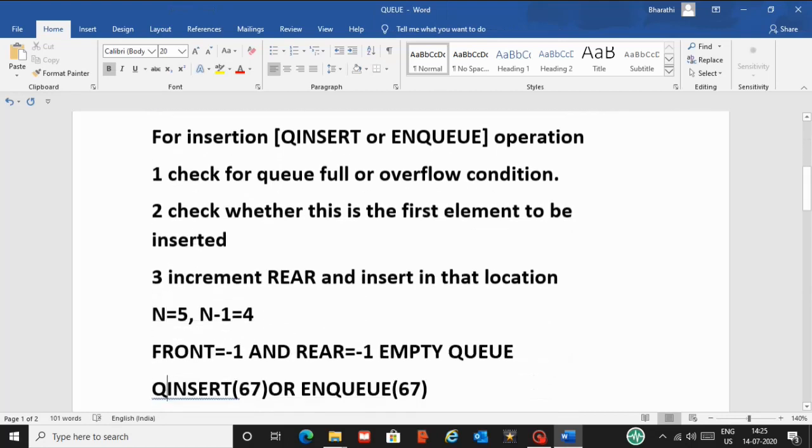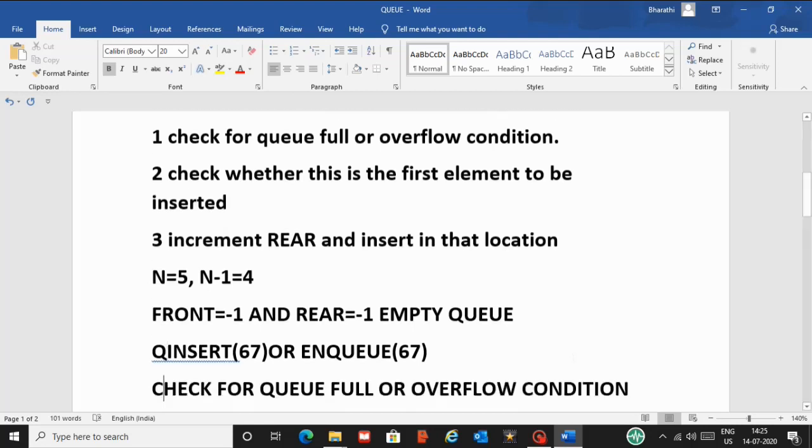What did I do there? See, increment rear and insert, not that. Now I want to insert Q of insert. Before that, n is 5 for the example. According to the example, the value of n is 5, n minus 1 would be 4. Then front is equal to -1 and rear is equal to -1 because the queue is empty. Now if I want to do an NQ operation, that is I want to push in 67, then